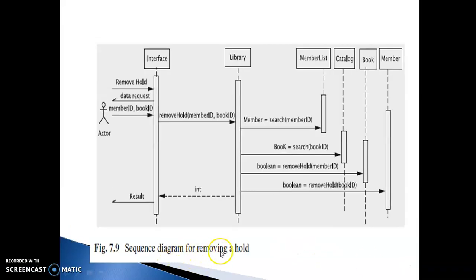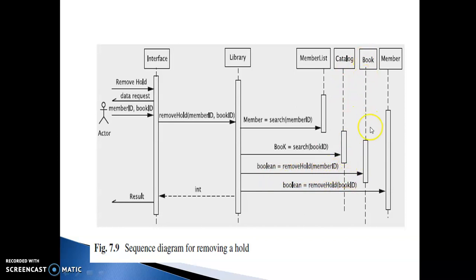Okay. Sequence diagram for removing the hold. We have placed a hold on a book. Remove hold will be the request, and that data request will be taken with the member ID and the book ID. Remove hold will be the method which will be invoked with the member ID and the book ID. It will search in the member list whether the book is being held or not. First, the book will be searched with an ID, that too in the catalog, and the remove hold for a particular member ID will be sent to the book,